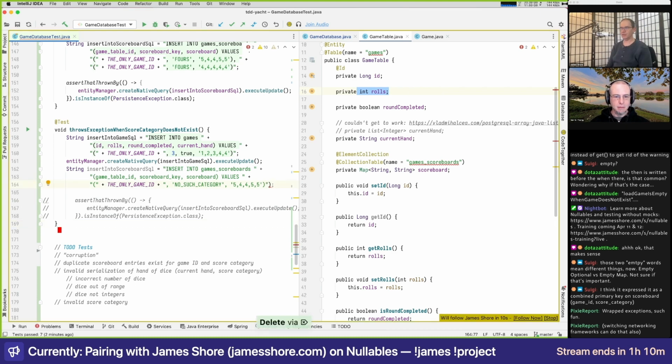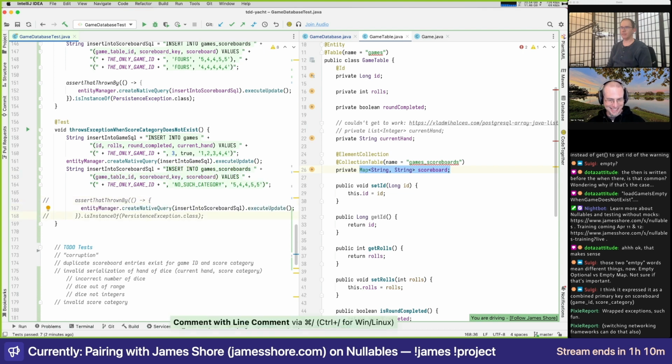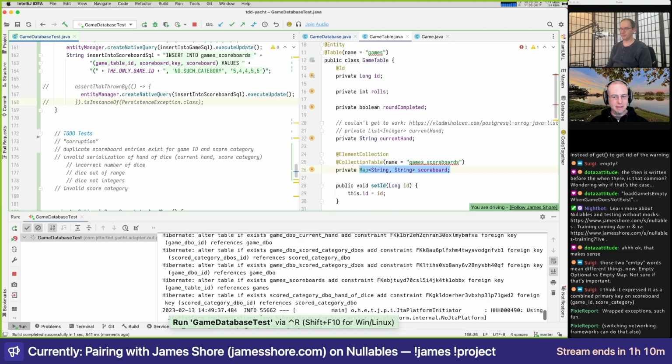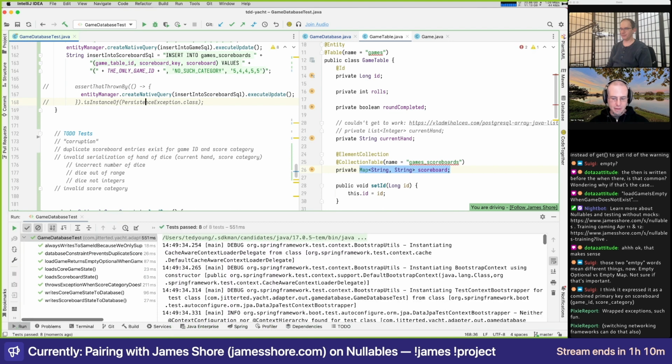It knows it's an enum, so it might be doing some smart stuff under the covers. Well, the game table does not know it's an enum. Right, so we should be able to insert. But we need to actually insert. So we expect that to be fine. And it is.